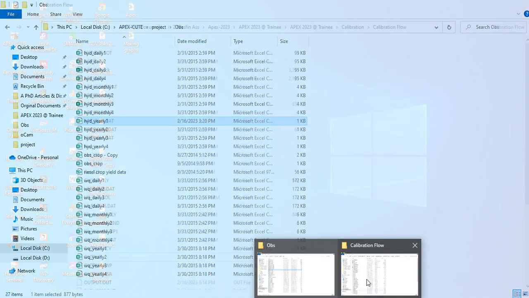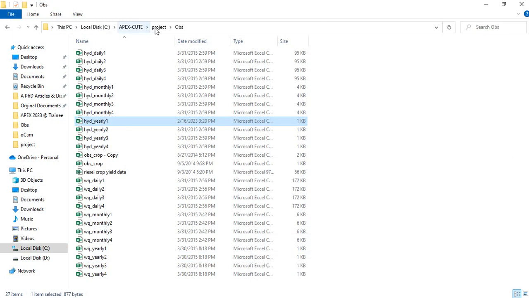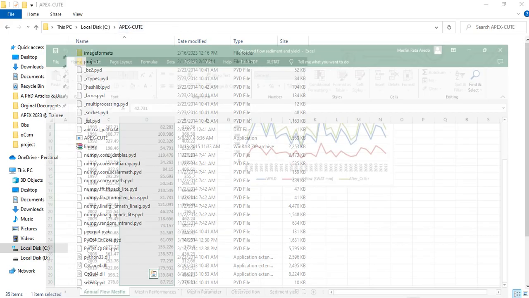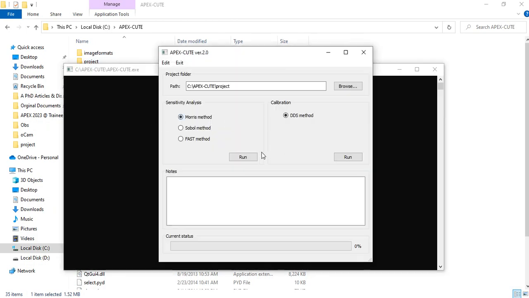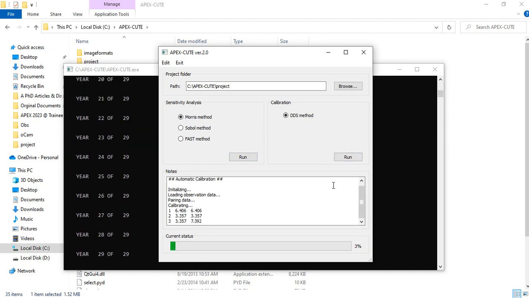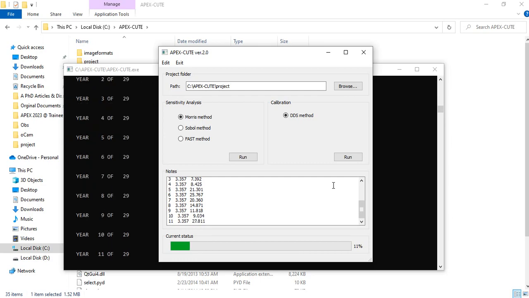So now you can close the Apex editor and then go to the Apex Qt again and do the calibration. So if you have done it already,